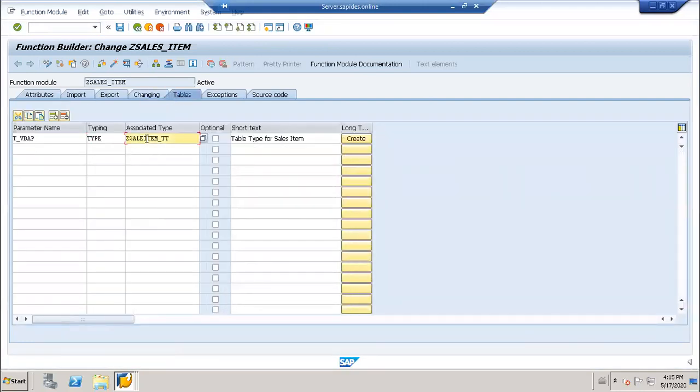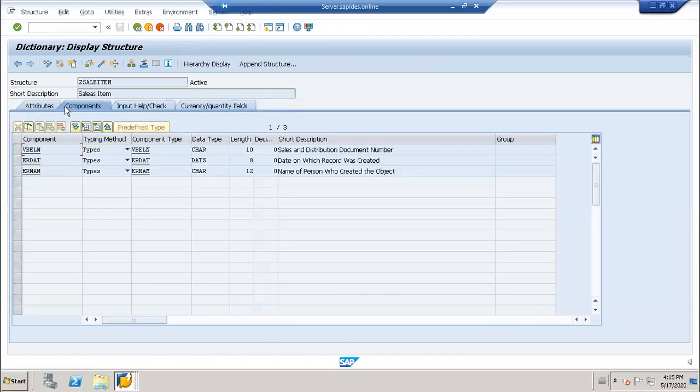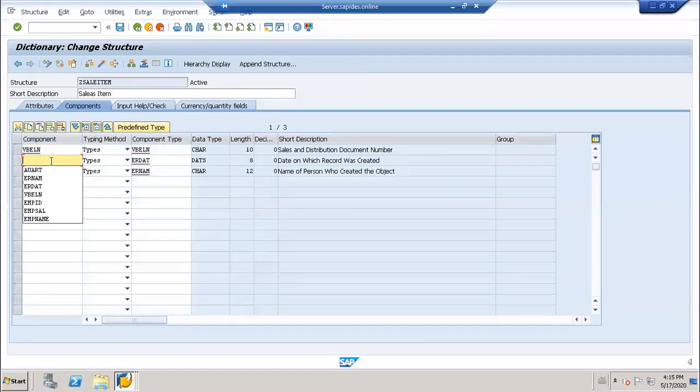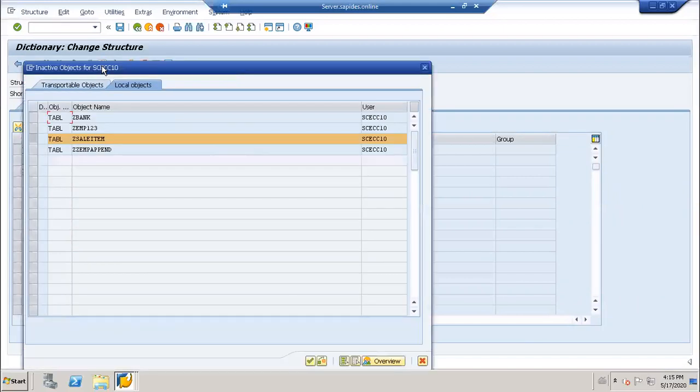Yes. So let me go to tables. Let me change something here. Okay, so I will use MATNR. This one I am just using. Activate them.